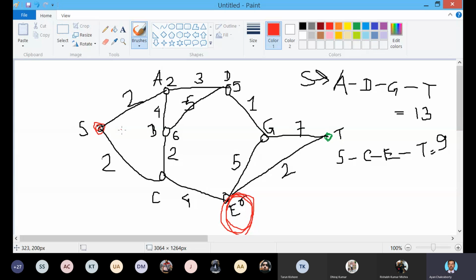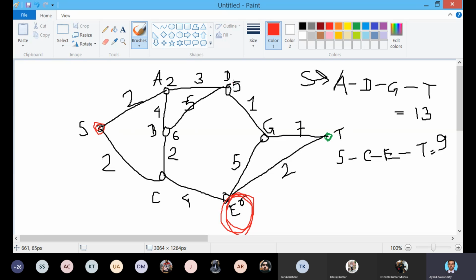And the second one is jumping to the next section. I have told you, this is the solution for the ridge and plateau problem. As you can see here, the adjacent nodes A and C of S both have the same value 2, so we can jump over them. We can jump over A to reach D. We can jump over C to reach E.